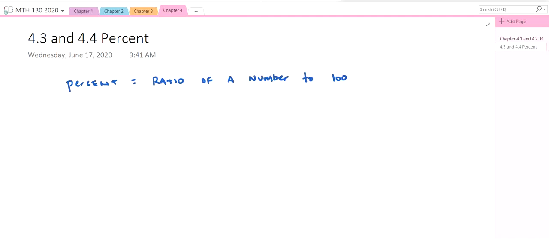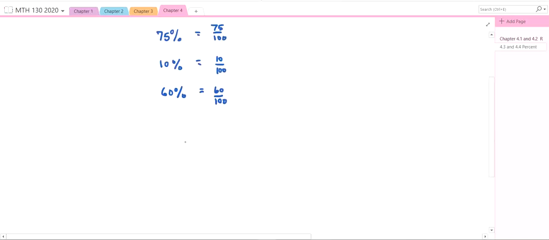In section 3, we talk about percent, and a percent is a ratio of a number to 100. We usually write these as like 75% or 10% or 60%. But each of these can be expressed as a ratio of a number to 100. It's like 75 over 100, or 10 to 100, or 60 to 100. We could even have a decimal in the numerator,